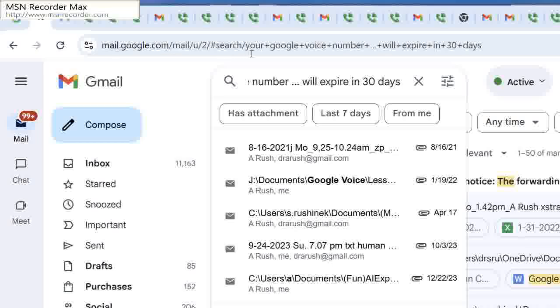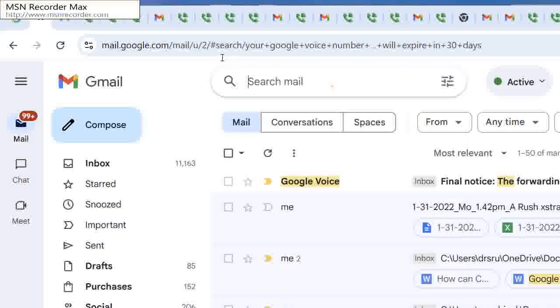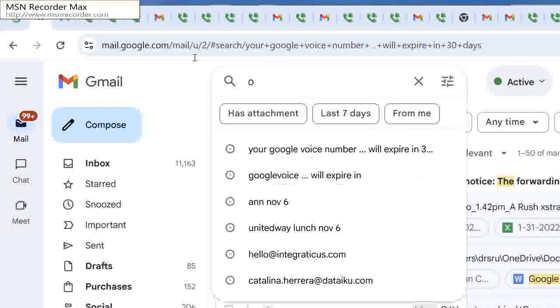I want to see how many Google Voice numbers will expire in 30 days, and there are none left. So I'm good to go.